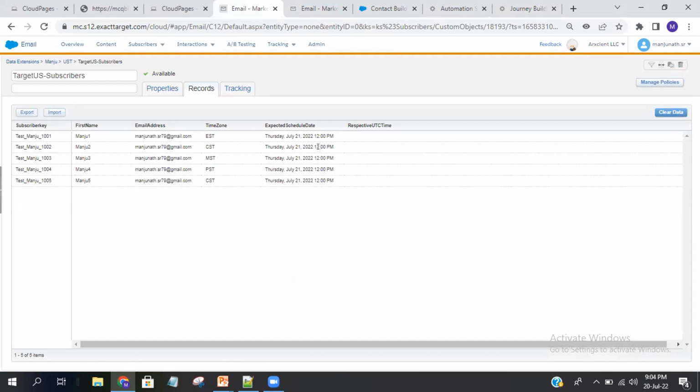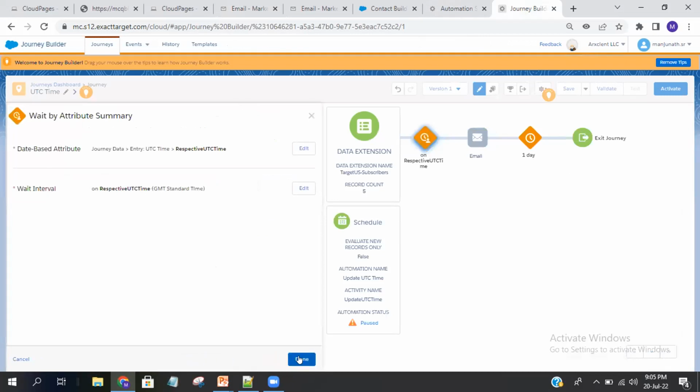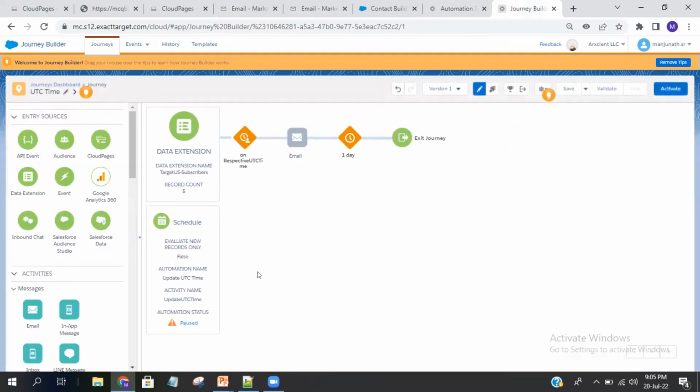If our data does not have a time, it will always show as 12 a.m., right? In that situation, if you want to specify the time only in this particular journey itself, that's not the best way to specify it, but still, if you want to do it in that manner,